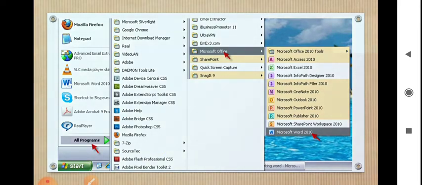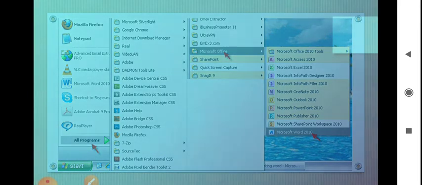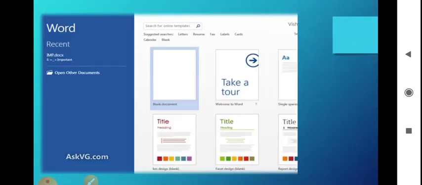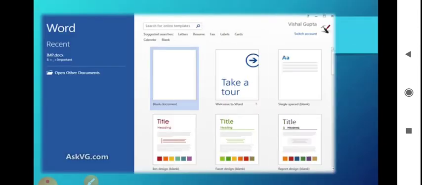After this you will get a dialog box like this. If you want a new blank document, you can click here. Correct?